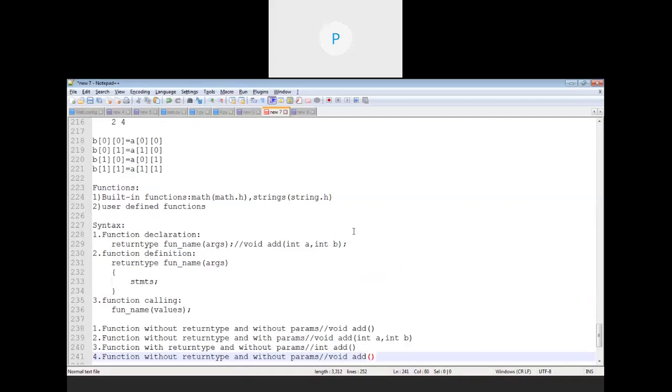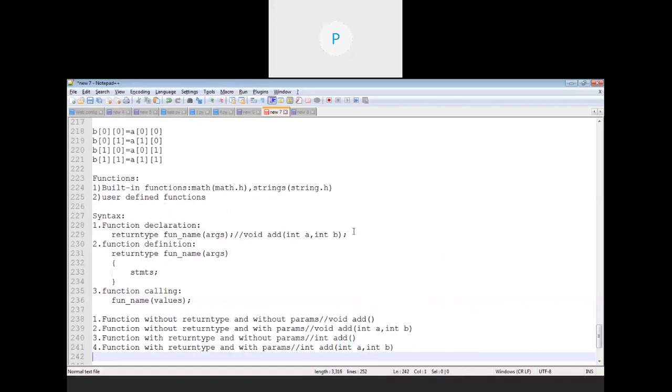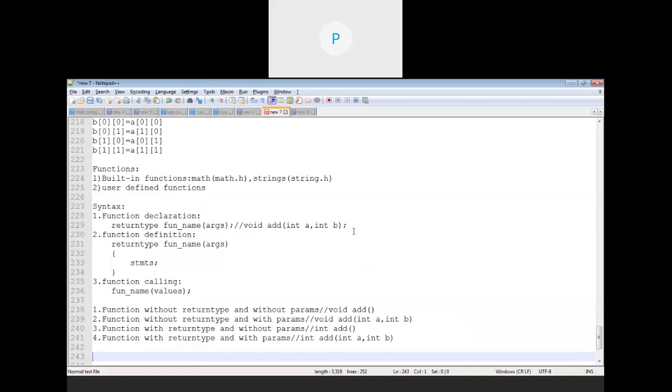And the last one is we can create a function with return type and with parameters, like int add(int a, int b). So these are the four different ways of declaring functions. Now we will take the example of all of these four ways. So let's see.